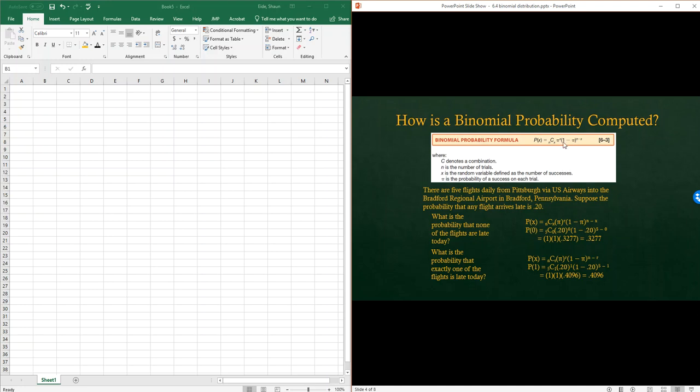Okay, and then in parentheses, you multiply that by 1 minus the probability of success for each trial, and then you raise that to the n minus x, which is the number of trials minus the number of successes. Okay, so